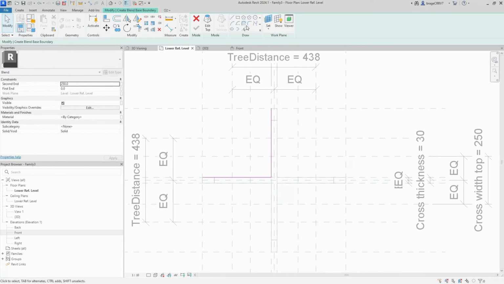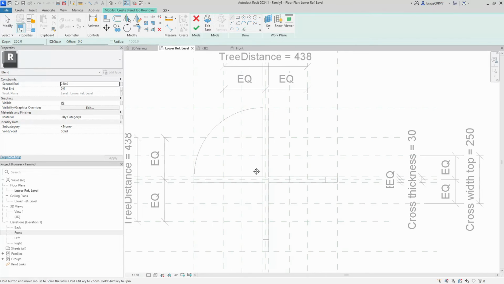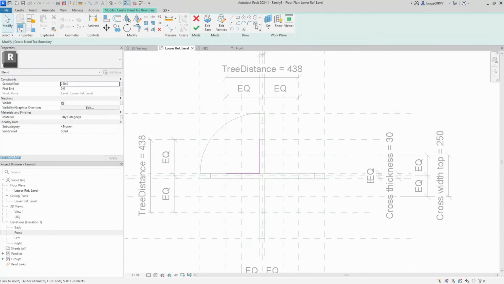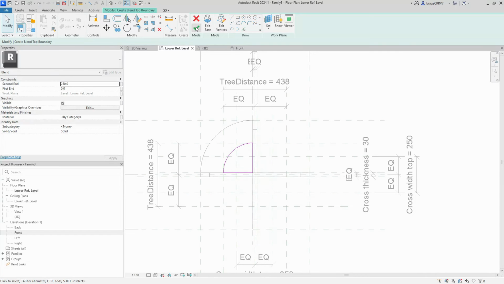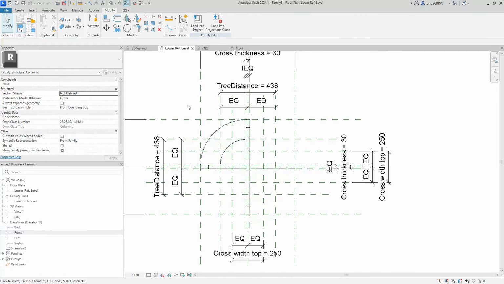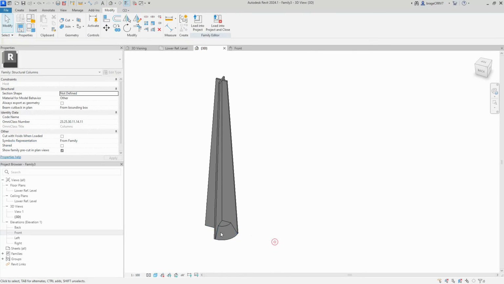And create a radius using this tool. Nice one. We edit the top. Basically we do exactly the same, aligning it to the tree distance. We have finished up the top and bottom profile. We press OK. We go to the front view to connect